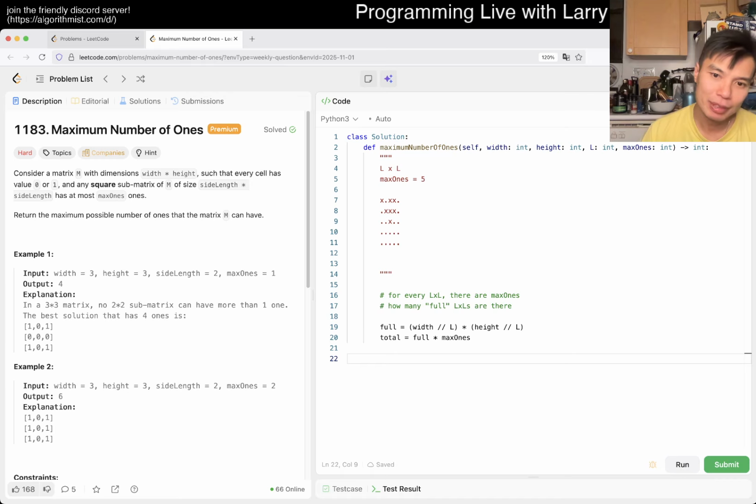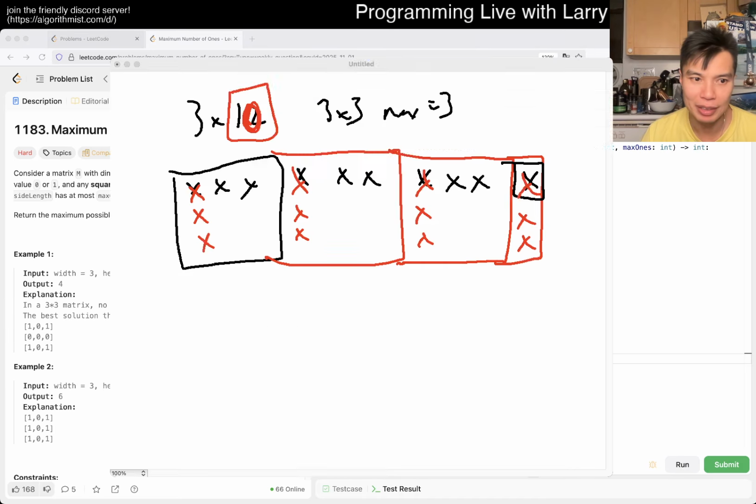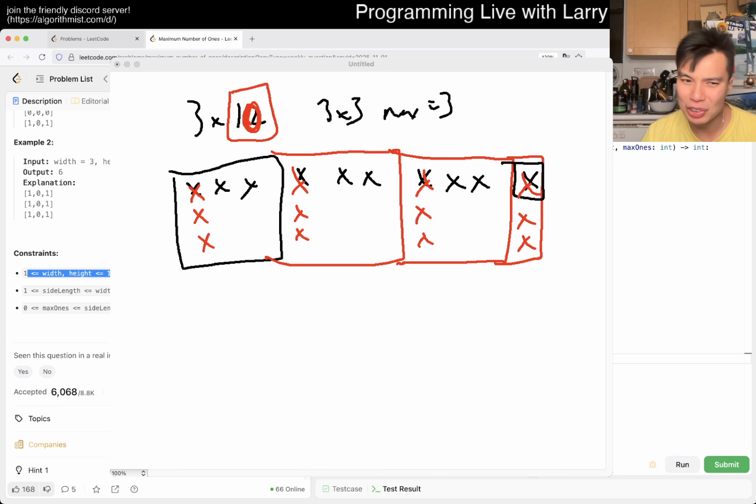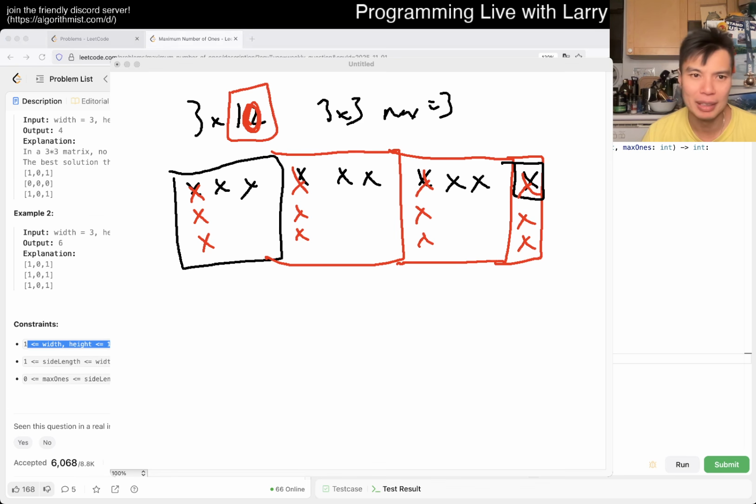I think if we're doing just the math, right? You have something like this. I mean, these are hundreds, so you can actually simulate this if you want, but I'm just trying to do it more mathematically. And the idea then now is that, if you want to draw it out,